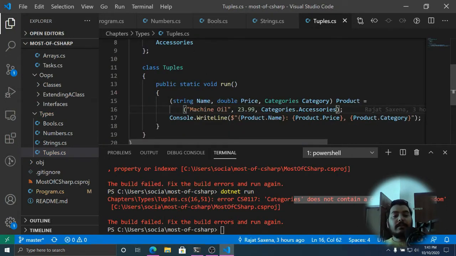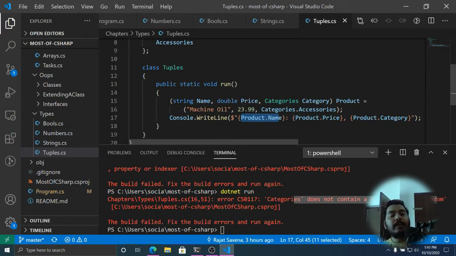Okay, so this is how you can create tuple types. If you want to access a property on any tuple, you can call the names directly on the tuple. Product is the name of the variable. I will have name, price and category available on this product. So product.name will give me machine oil.